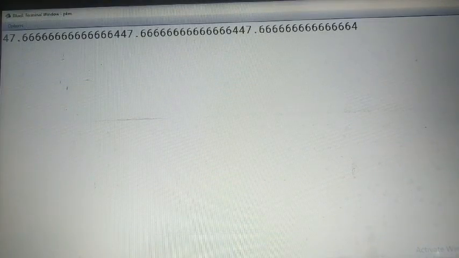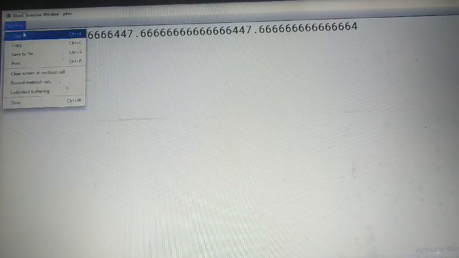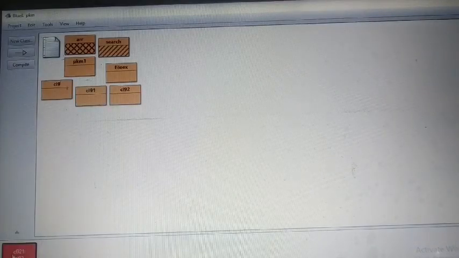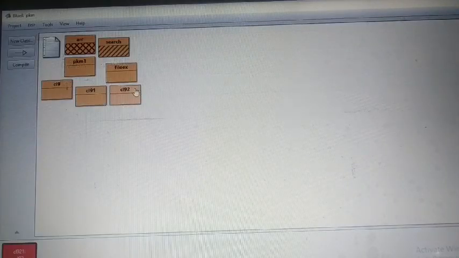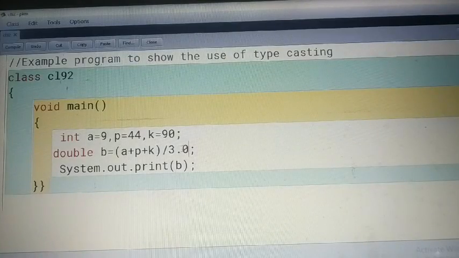See, many results are coming, not one, two. We have done the little mistake. Many times we have clicked here. See the result. This is the correct result, very accurate result, and that you will get when you have followed the correct rule of typecasting or type conversion.